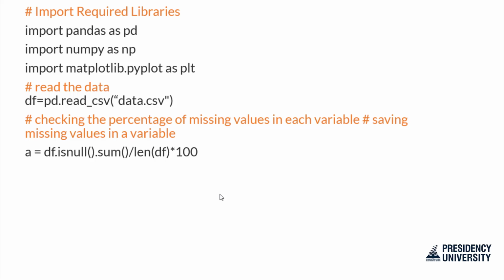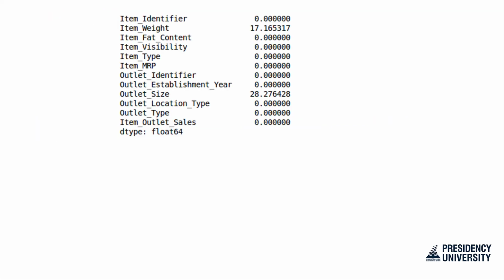In the first 3 lines, I have imported the required libraries. I have imported pandas, numpy and matplotlib. Then we have read the dataset by using the read_csv method. In the last line, we check the percentage of missing values in each variable. So from the dataset, we take the null values and divide it by the total length of the data frame into 100. Here you can see that the item weight and the outlet size are more than the threshold